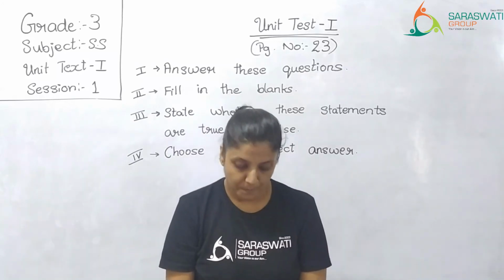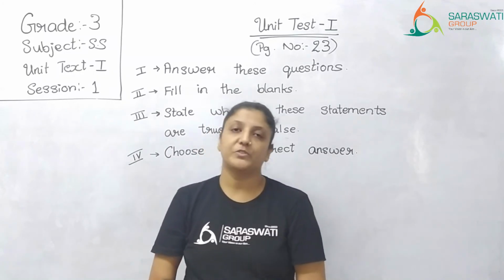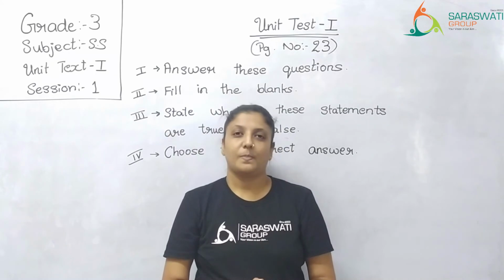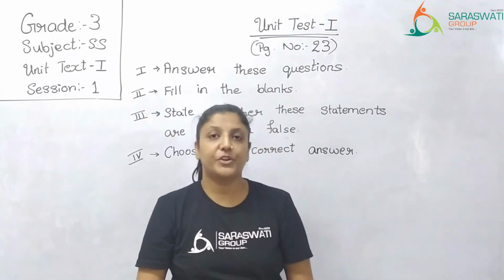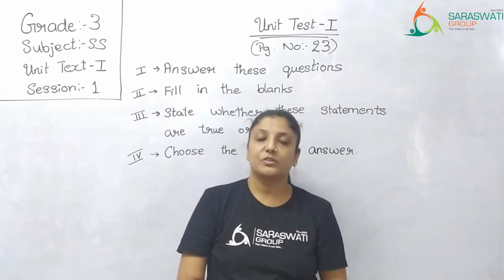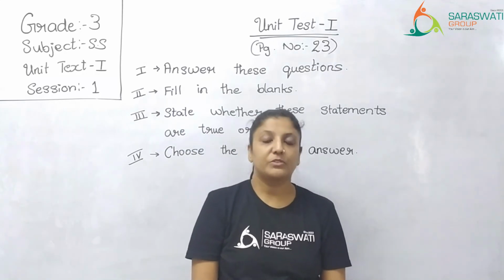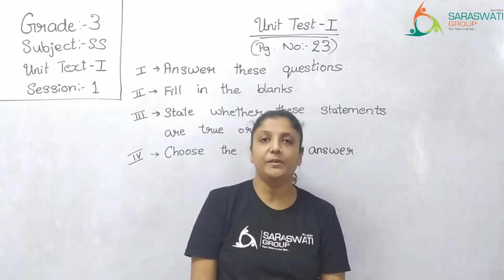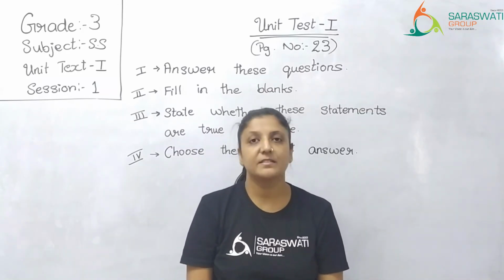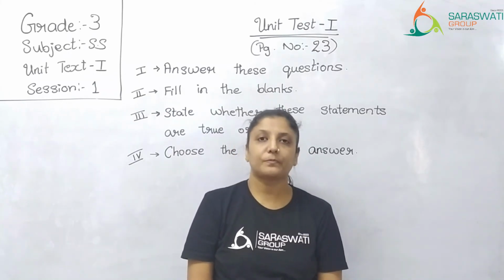Clear? Next, number 5. Water exists in dash forms. So how many forms is the water existing in? Options are 3, 4, 5 or 6. Correct answer is option A, 3. Which are these 3? Solid, liquid, gas. Solid is ice, liquid is water itself, and gas, that is water vapor.